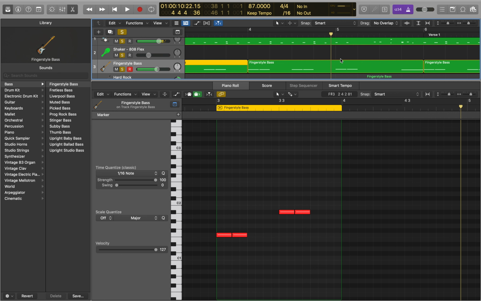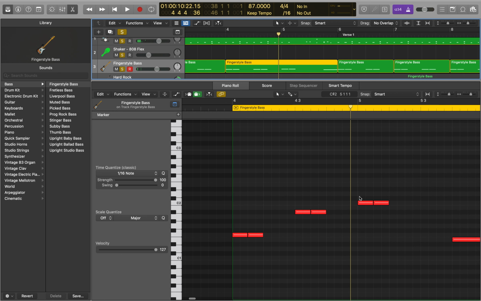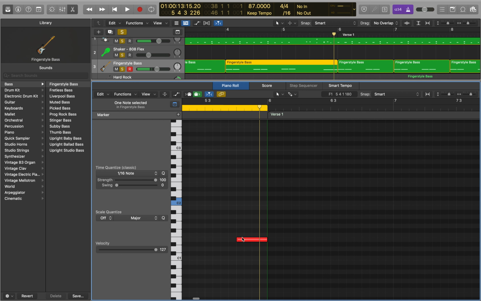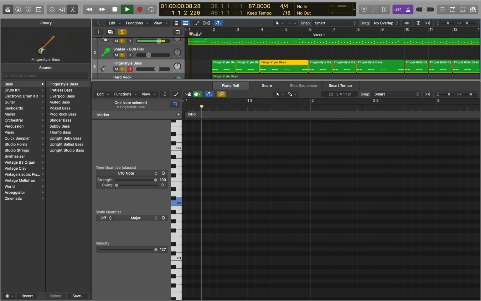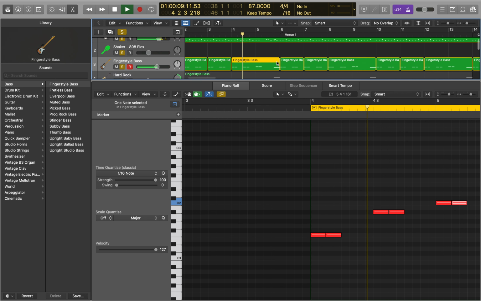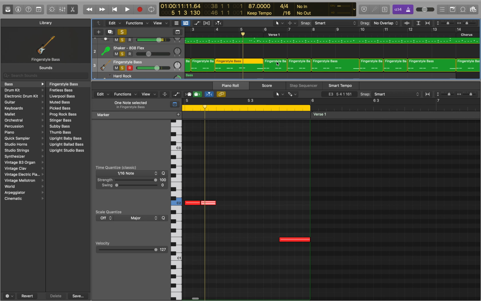Now on this one, we're going to add these notes. So that's just 2 C's. So we've got F twice, B flat twice, and then C twice. And we're going to end with an E. So overall, the intro here for the bass is after the snare roll, 2 Fs, 2 B flats, 2 Fs, 2 B flats, 2 Fs, 2 B flats, and then 2 Cs, and then we end with an E,